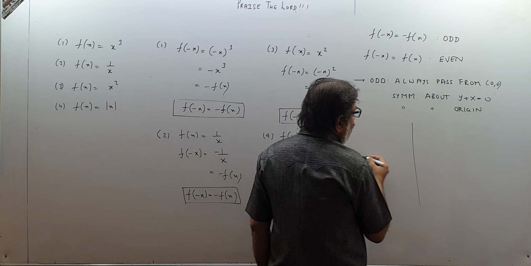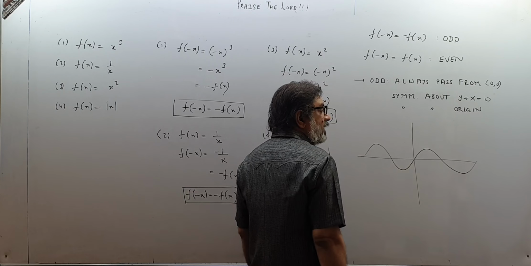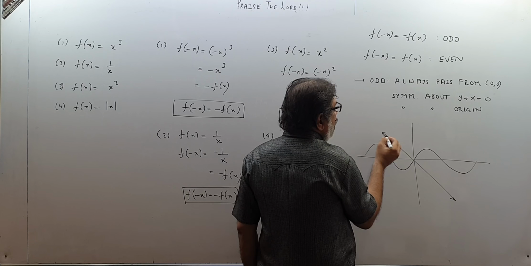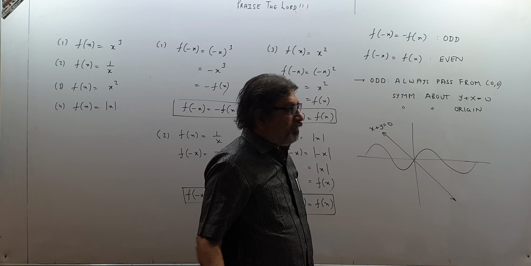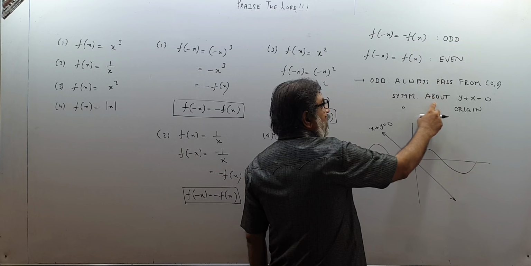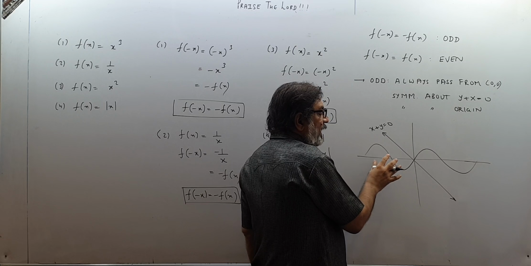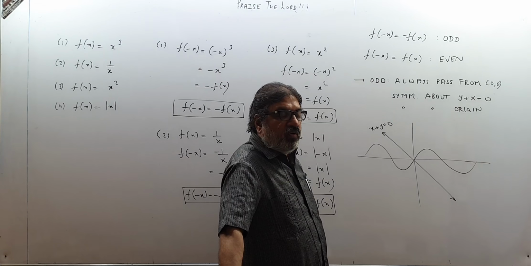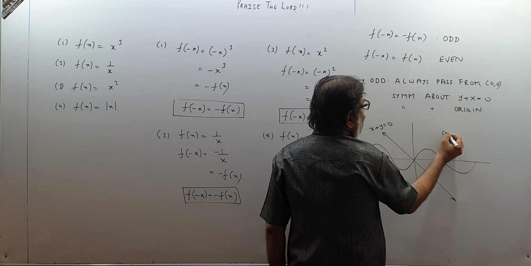Please realize. If I draw the graph of an odd function, it may come out to be somewhat like this. And it may continue. Now if I draw the line x plus y equal to 0, this will be the line x plus y equal to 0. You can find out how. You can plot the points you can get. This thing should appear as reflection in this mirror. If this is the mirror, symmetric about this line means if on this line a mirror is kept, then this shape should be seen over here and this shape should be seen over here. That is the meaning of saying symmetric about the line x plus y equal to 0 or symmetric about origin. And the graph will always pass through origin. It will be the graph of odd function.